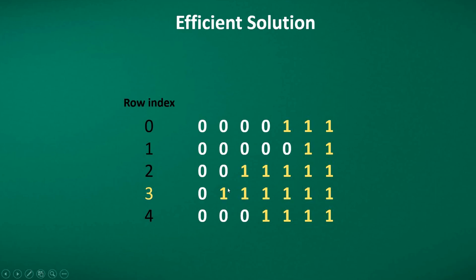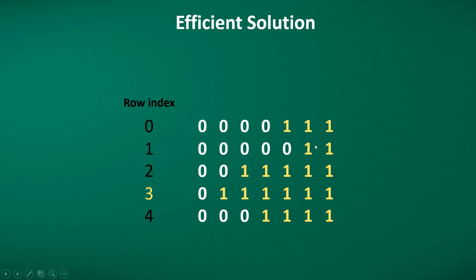So in the previous solution, we were skipping the fact given in the problem that the array is sorted. We were just counting the number of ones. That doesn't use the fact given in the question, which is the array is sorted. So the hint is always hidden in the problem itself, and you need to make sure that whatever is given in the question, you are using each and everything.